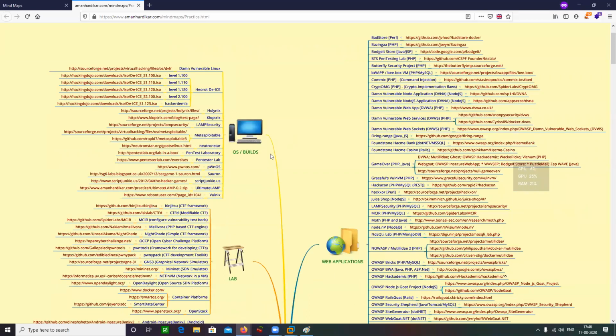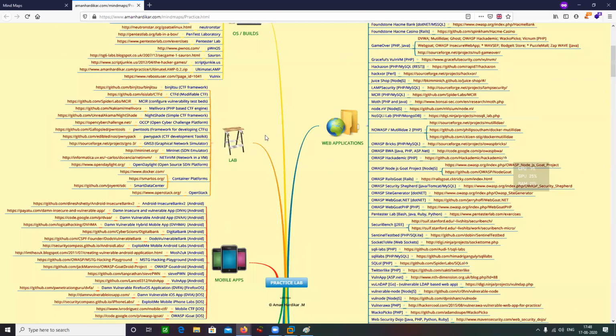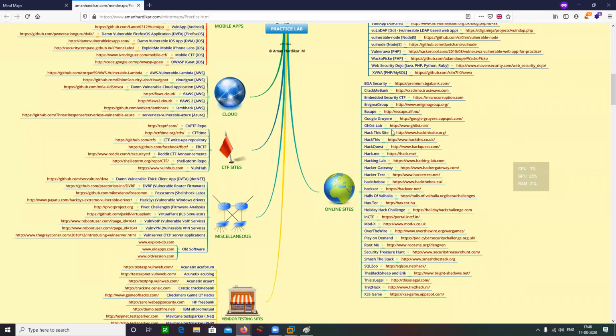From here itself, I'm going to use BWAPP. What is BWAPP? BWAPP stands for buggy web application. It is basically made by OWASP. The OWASP security researchers build it for other security researchers to practice web application exploitation in a safe environment.